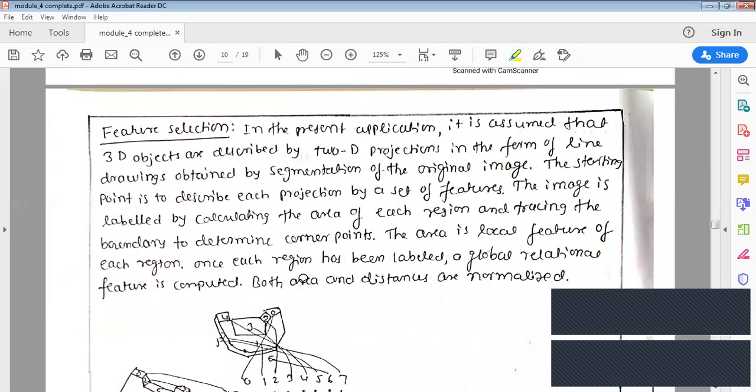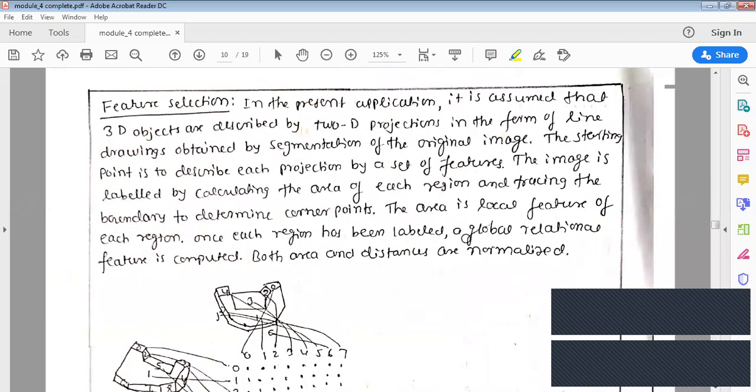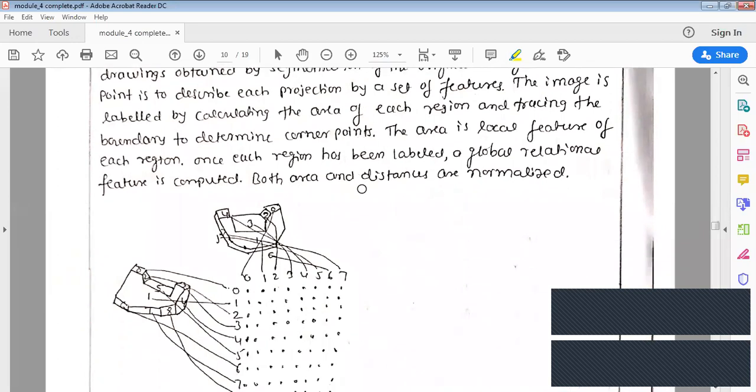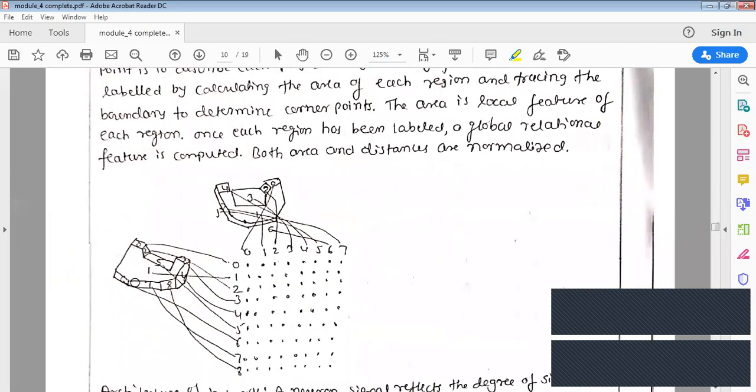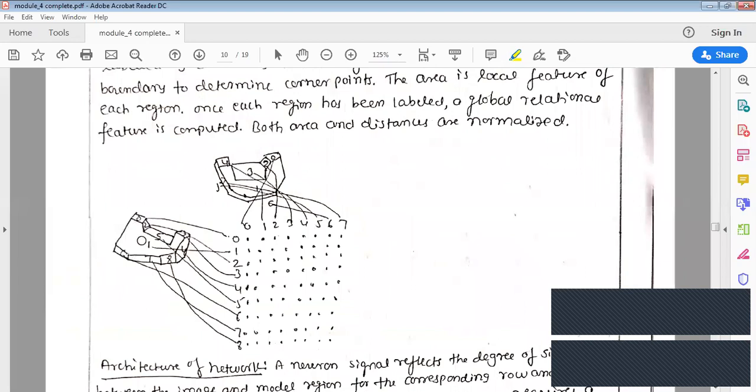So how are we going to do this? Let us say we take one object. This is the object I am taking here. I divide it into many parts, let us say 1, 2, 3, 4. Each edge, each particular side of the object, is given a particular value. See here, 1, 2, this is 2, this is 3, this is 4, 5, 6, 7, 8, 9. Like this, each particular part of the object is given a particular name.